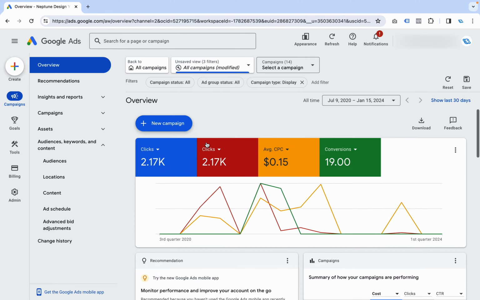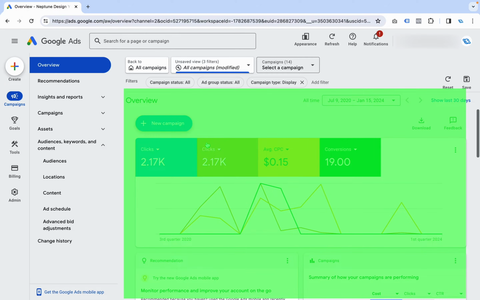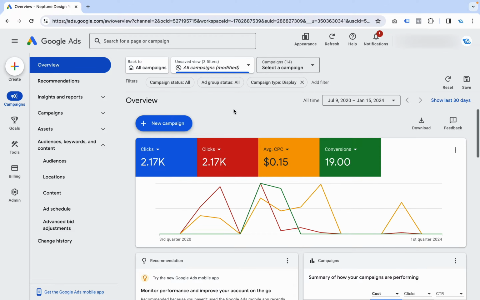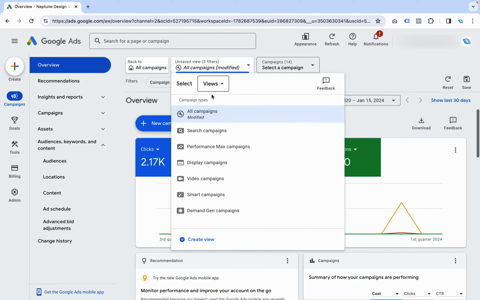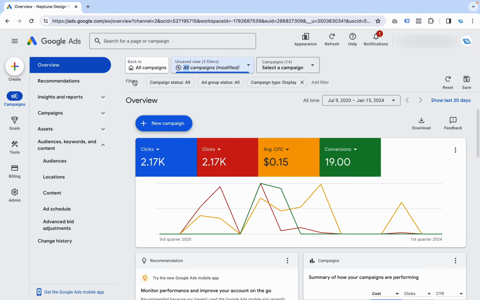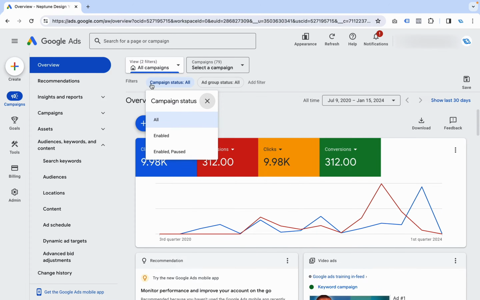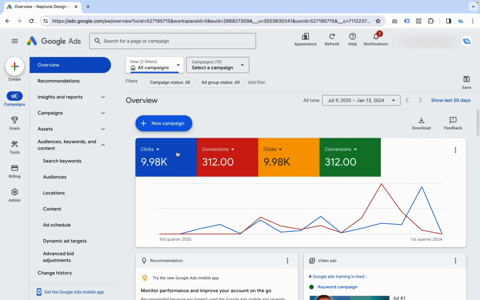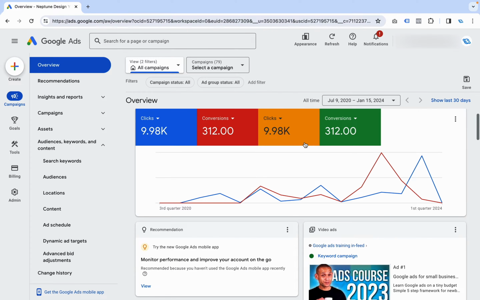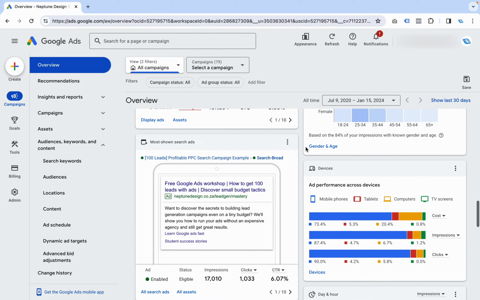The last thing I want to show you is the big menu, right? The big overview view. And I think this is what intimidates everybody. So when I come through here, I'm just going to say select, and I am going to take this filter off. So let's just go filters, and let's just close some of these filters out. I'm going to close that, going to close that. Get rid of, okay, add group status, all is fine. This is fine. All right, so as you can see over here, we've got this overview report, and we've got a ton of data to look at.